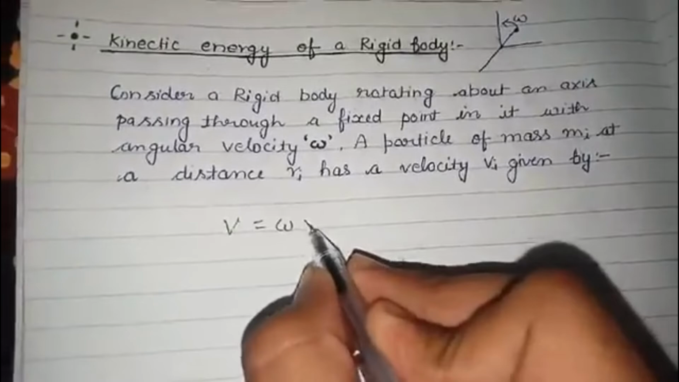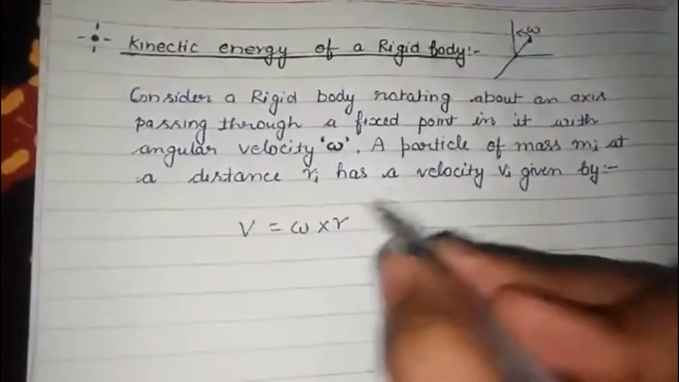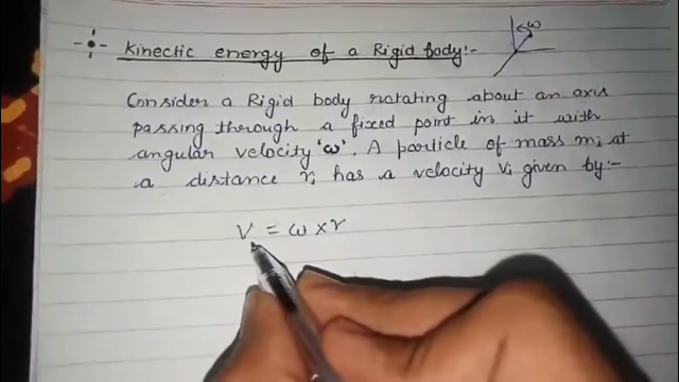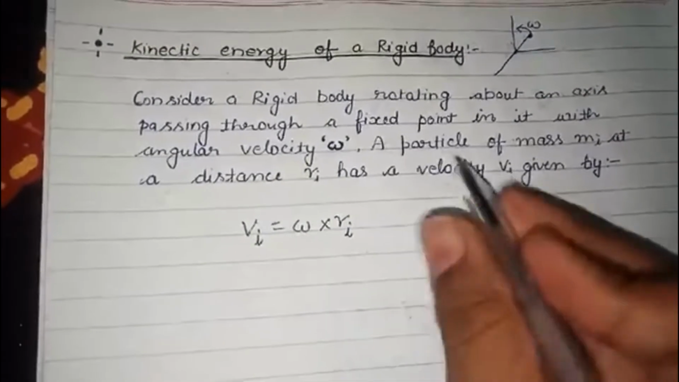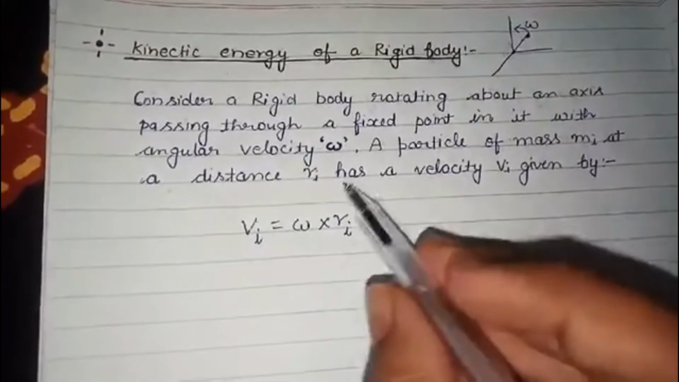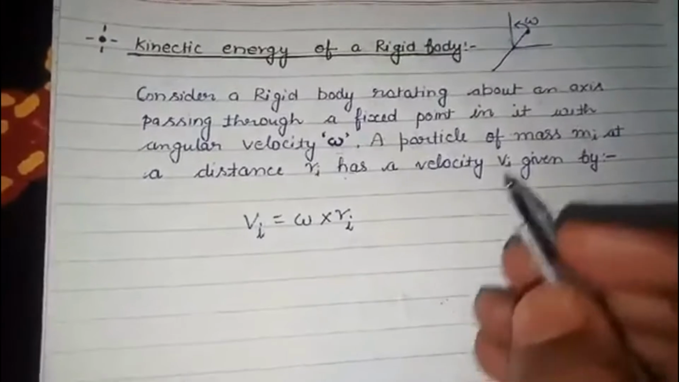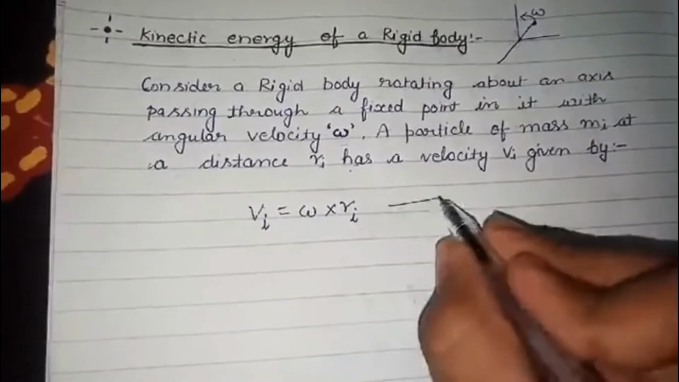ओमेगा इंटू आर। सो हम ये ith पार्टिकल के लिए कर रहे हैं। सो आर आई होगा और वी आई, क्योंकि ओमेगा तो सभी के लिए सेम ही होगा, क्योंकि एक एंगुलर वेलोसिटी ओमेगा से हो रहा है। सो हम इसे इक्वेशन नंबर 1 दे देते हैं।